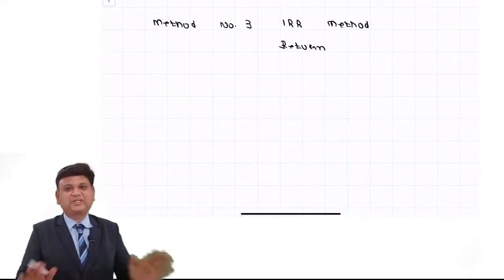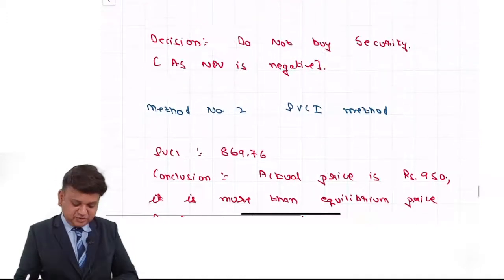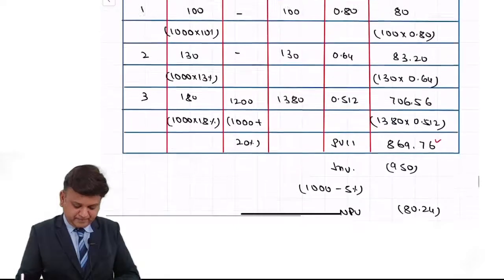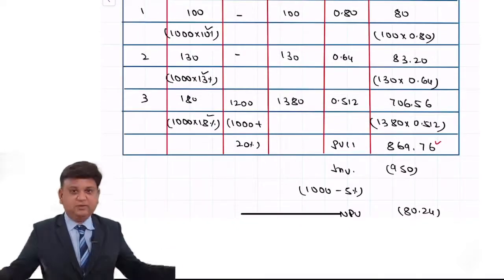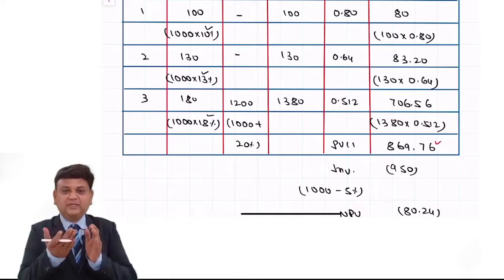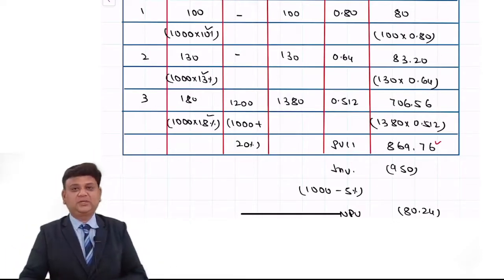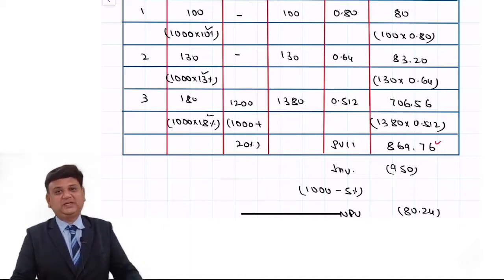This time formulas cannot be applied. Why? Because yearly cash flows are different. Yearly the rate of interest or rate of reference period is different. So going with the formula method is not possible in this question. In this question, we don't have a choice but to go with the IRR method, in which we'll make the